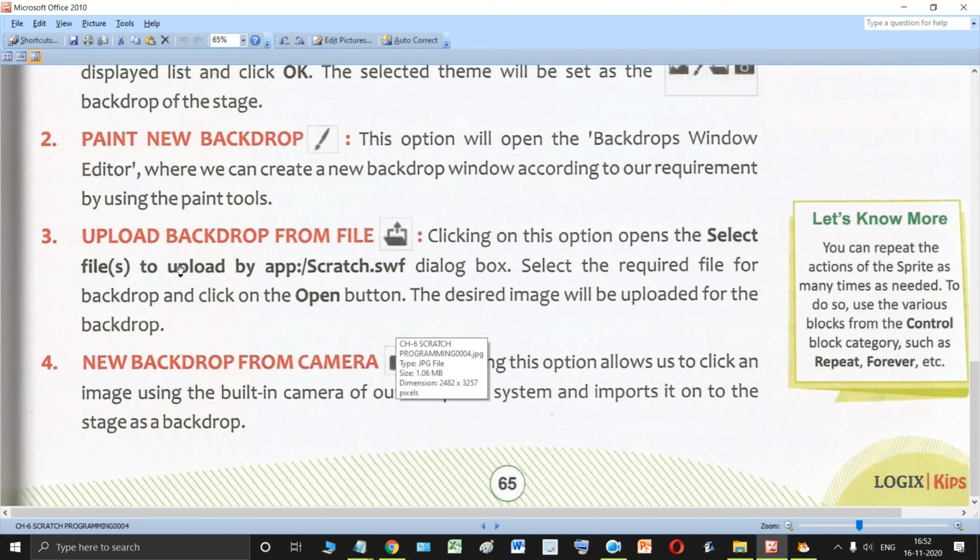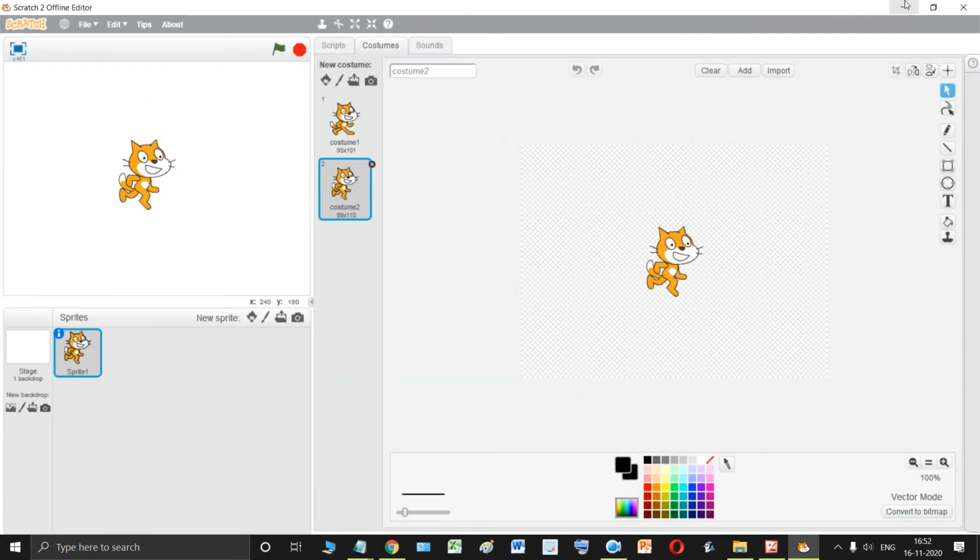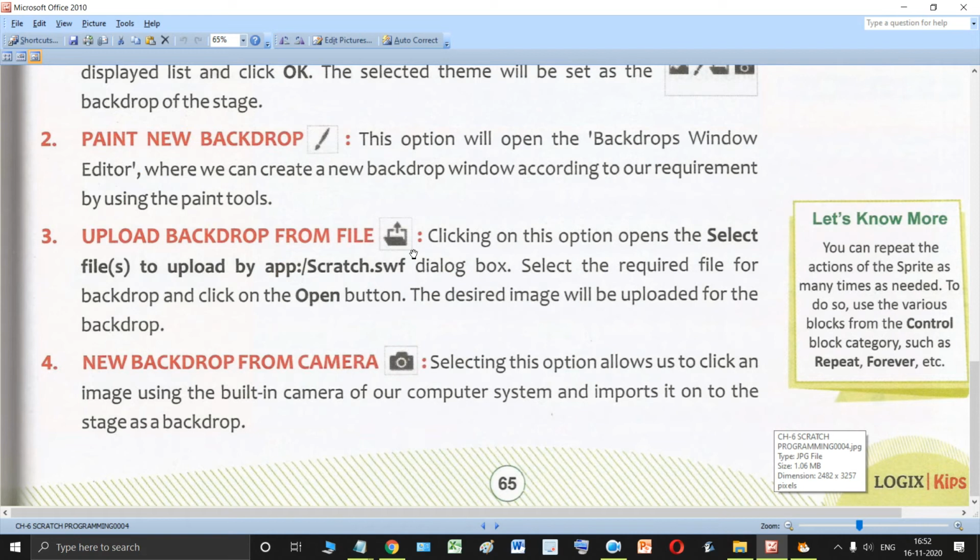The third option is upload a backdrop from a file. Okay, students, upload a backdrop from a file. That means any image file on your computer, you can use it as a background for your stage. I will just quickly show you how to do that. Clicking on this option opens the files to be uploaded by the